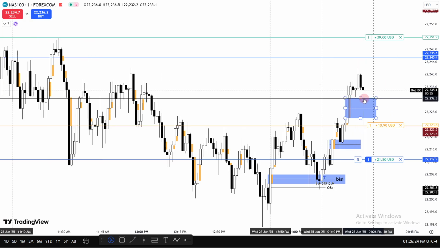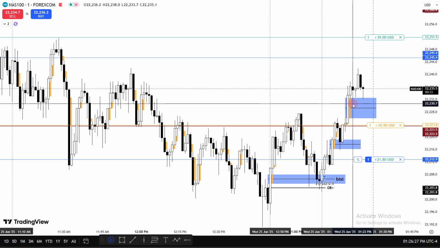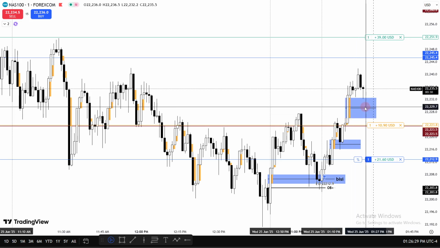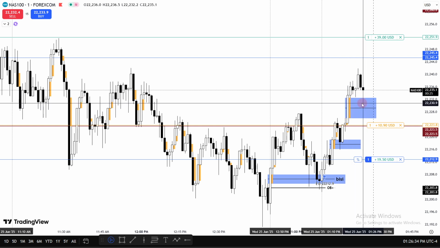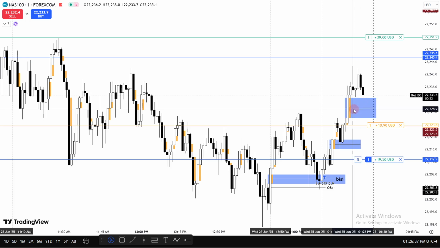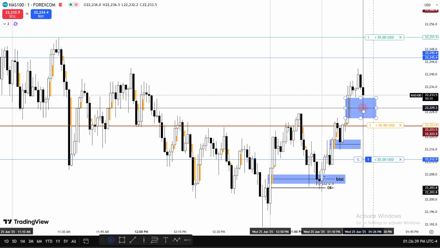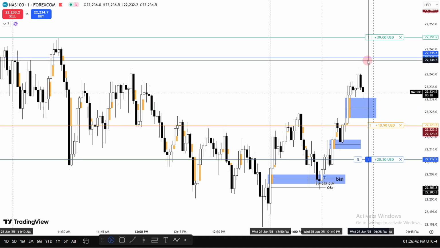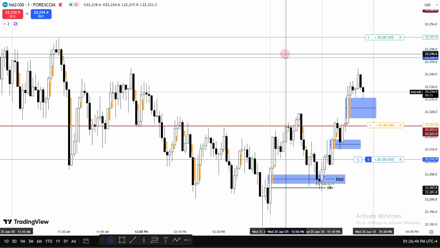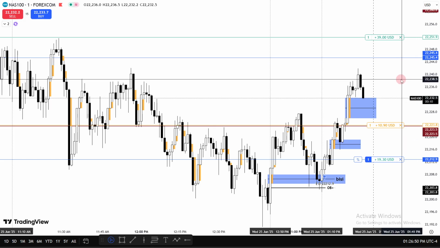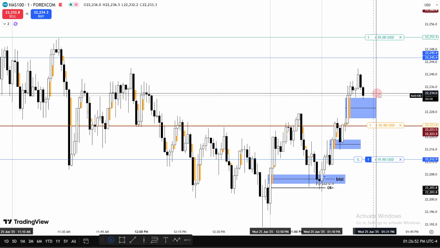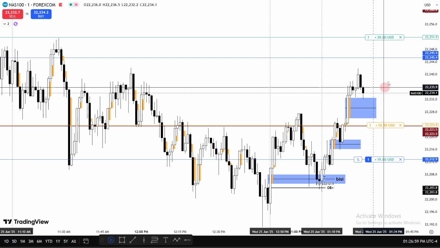Look at that, it is reacting from the high of that buy side imbalance, sell side inefficiency, and we would like to see that in every possible way, that this midpoint of that gap should support the price, and it should send it higher towards our objective. And we have just 3 to 4 minutes left for the 1:30 New York PM session to start. So let's see